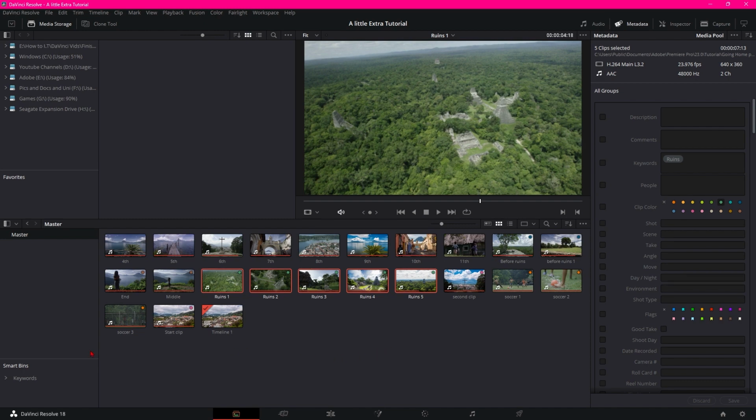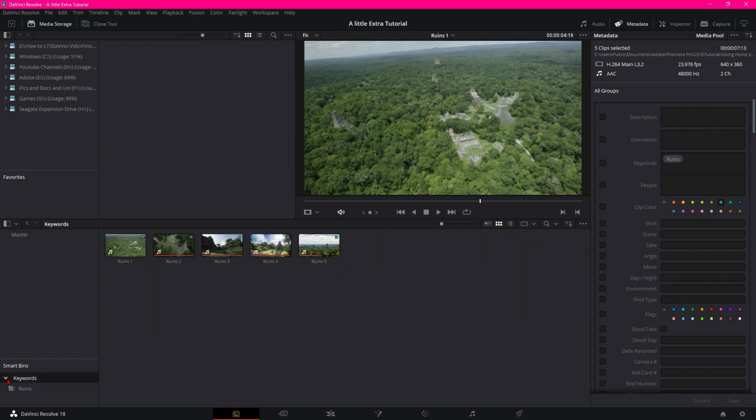And now if we come down to the very bottom left, we have smart bins. So this is how all our data is sorted. We can sort via the keywords. So if we press the keywords, then we've got runes here. So if we go back to our master,